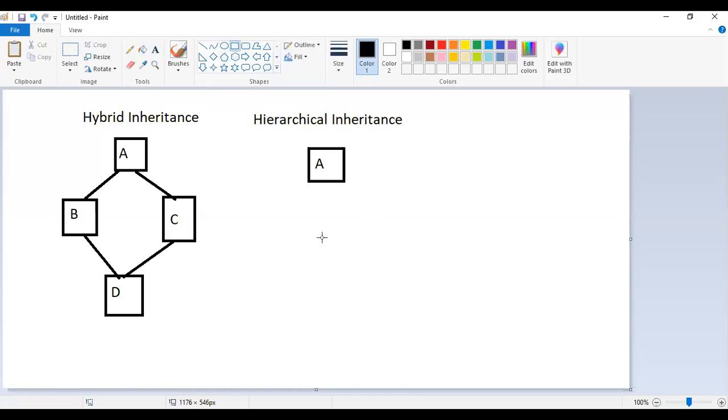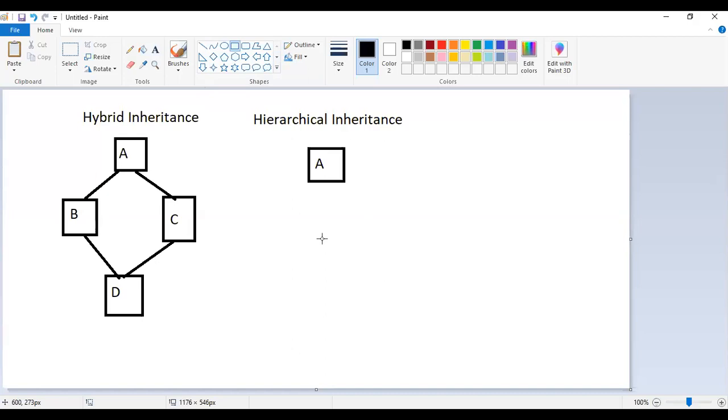Hierarchy is nothing but the reverse of multiple. It is a reverse of multiple, or this particular type will display data in a tree-like manner.